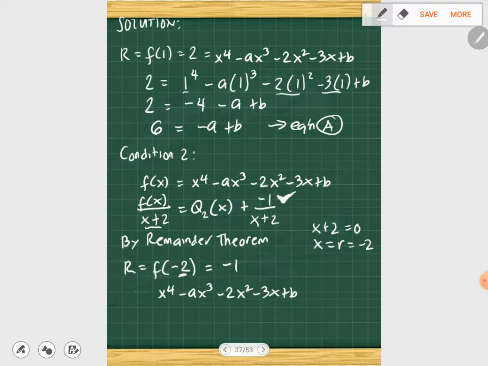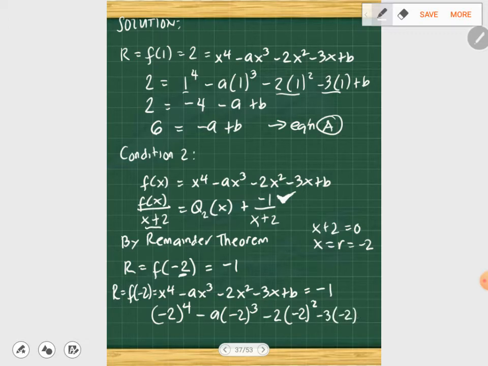So, ibig sabihin, ito yung remainder, which is in function of negative 2. And this must be equal to the remainder, which is negative 1. So, magiging negative 2 raised to the power of 4 minus a times negative 2 raised to the power of 3 minus 2 times negative 2 squared minus 3 times negative 2